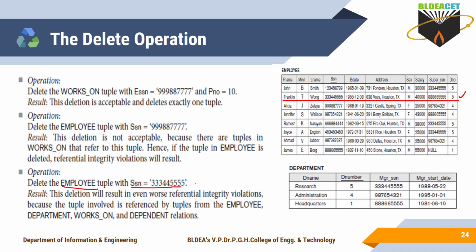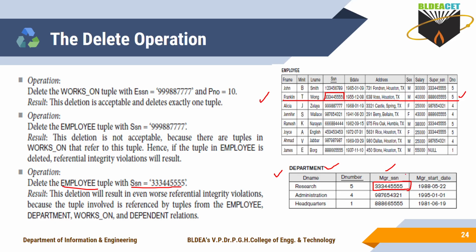Why? This SSN value that you used here, you are also referring to in one more table, the DEPARTMENT table, where you use it as a foreign key. But I want to delete from the parent table. One thing to remember in the delete operation: if the same tuples are used in the dependent table, first you have to delete from the dependent table, then you can delete from the parent table.